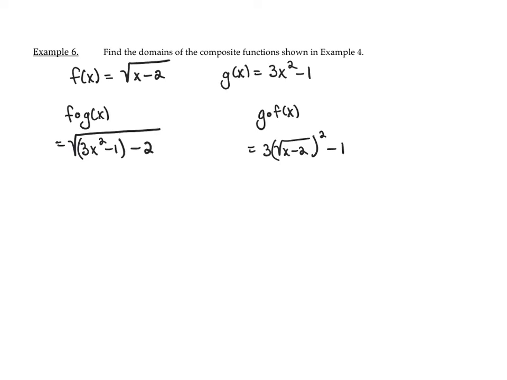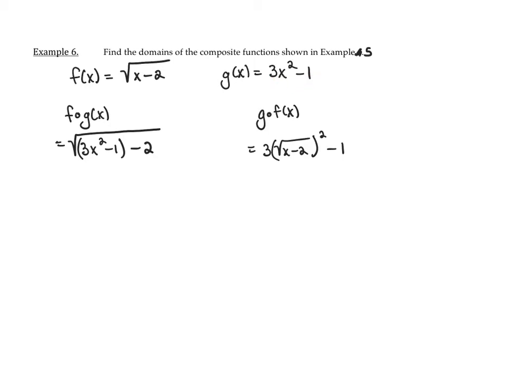We're continuing our conversation of symbolic function composition by finding the domains of the two previous composite functions we found. And that should actually say from example 5, because that was the example that we were just working on. So I've just copied for us again what the functions were. The original functions were f of x is square root of x minus 2, and g of x is 3x